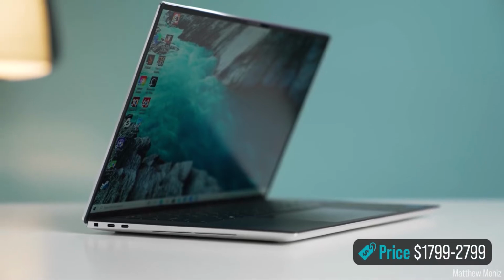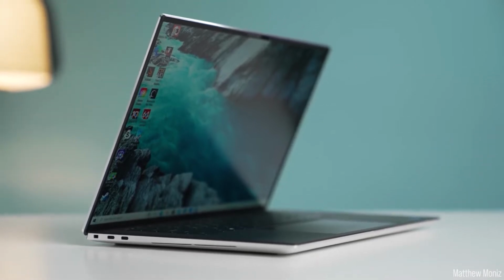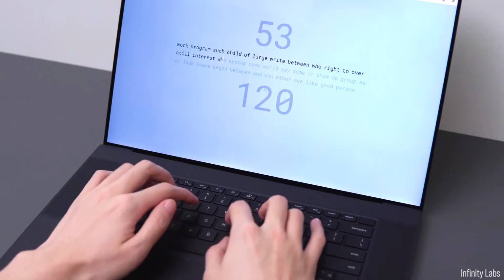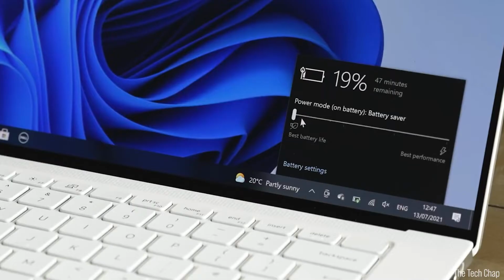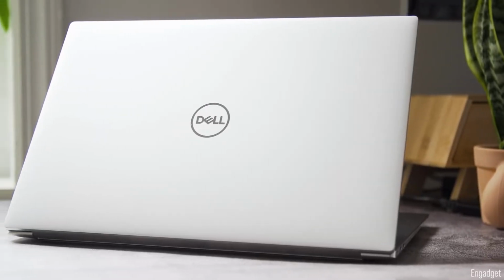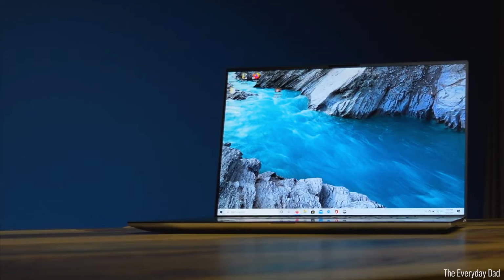Starting at $1,799, marketing students can enjoy the XPS 15's 1080p webcam and comfortable maglev keyboard, but at the cost of mediocre battery life. Looking at its design, Dell has polished the XPS 15 to look incredibly sleek, compact, and premium with